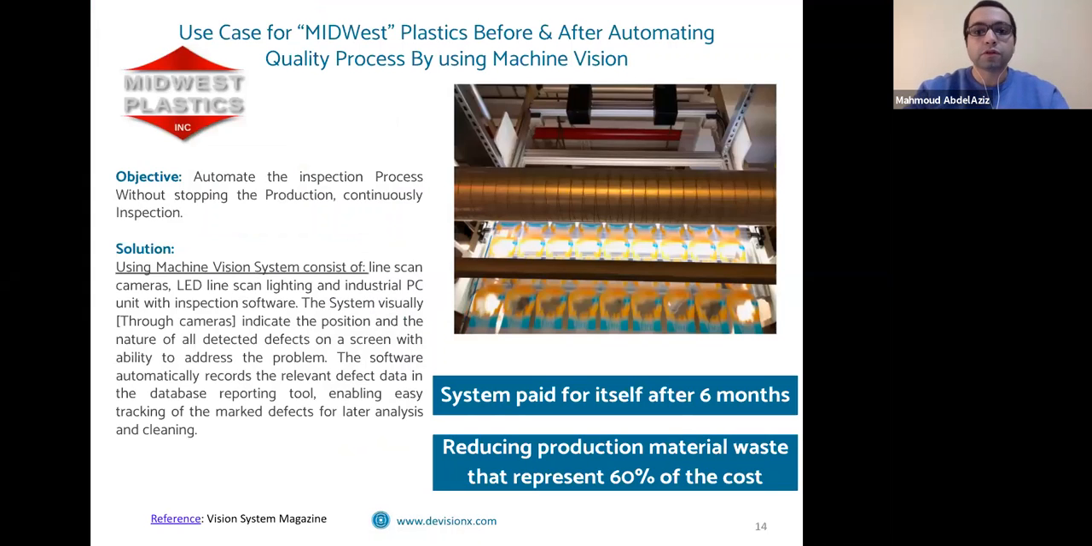Now we will go through a real case with companies. We have a company here called Midwest, a plastic company in the USA. They are producing plastic packaging and printed plastic packaging like this image. All this they were doing before this system. They had an operator take a sample of the production line and check it by eye, which led to more time in production and also no consensus